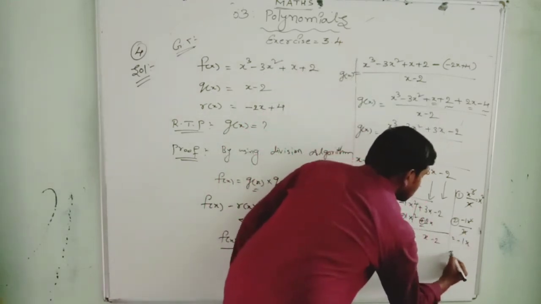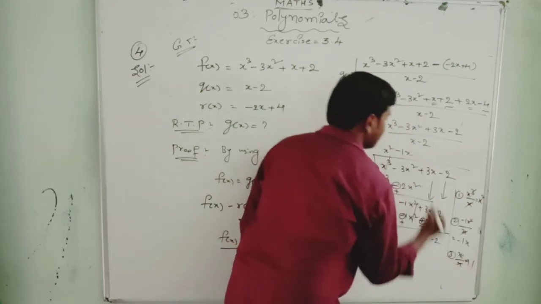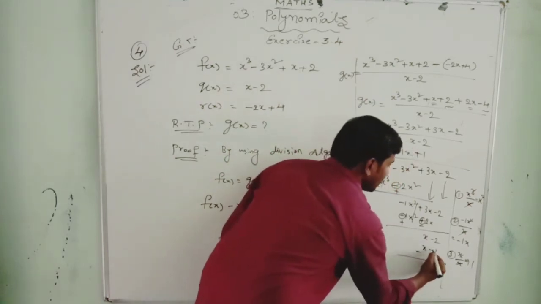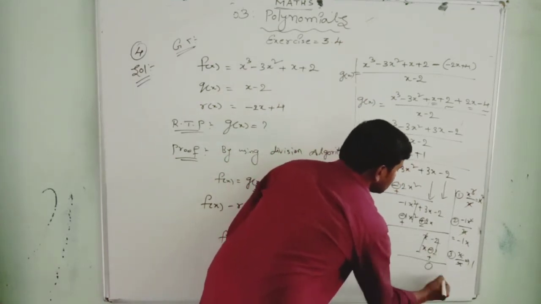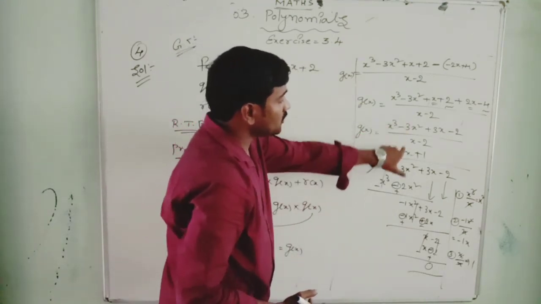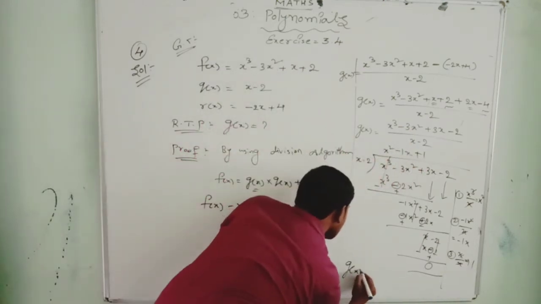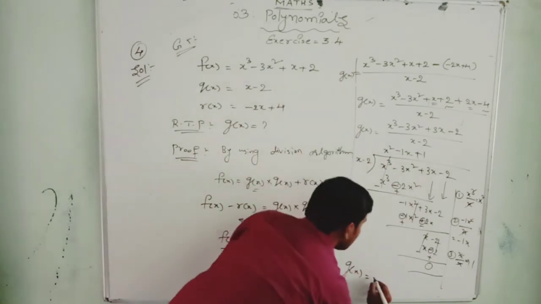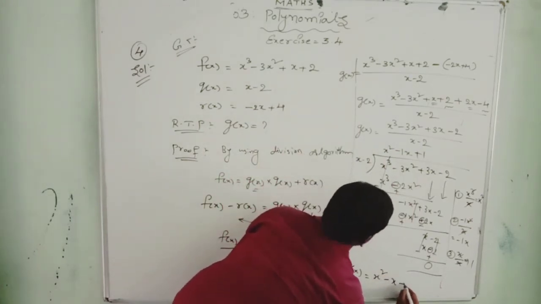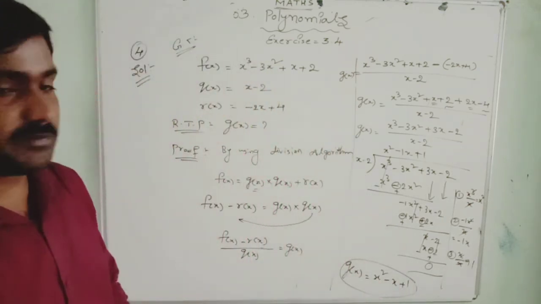Again, you see the third step. Here x and here also we have to divide by x, both get cancelled, giving 1. Plus 1 into x minus 2 gives x minus 2. Here it is minus, here it is plus, both cancel, giving 0. Now when you divide this, what answer did you get? Therefore g of x is equal to x square minus x plus 1.